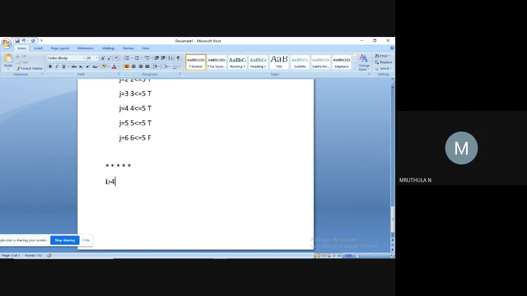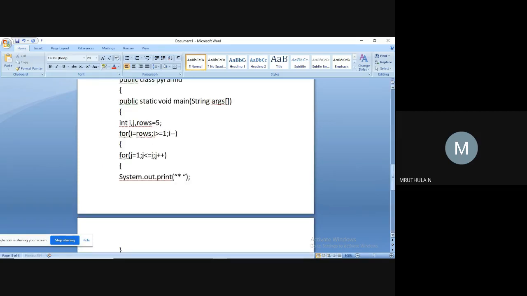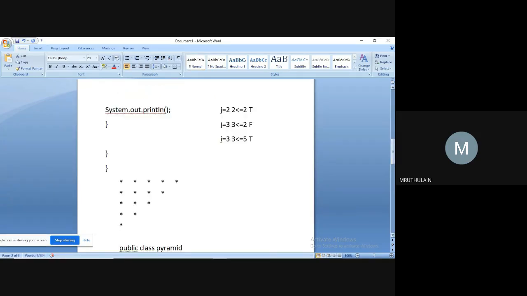i equals 4. Then let's check whether i is greater than or equal to 1. So 4 is greater than or equal to 1. It will check the condition given in the for loop, i greater than or equal to 1.